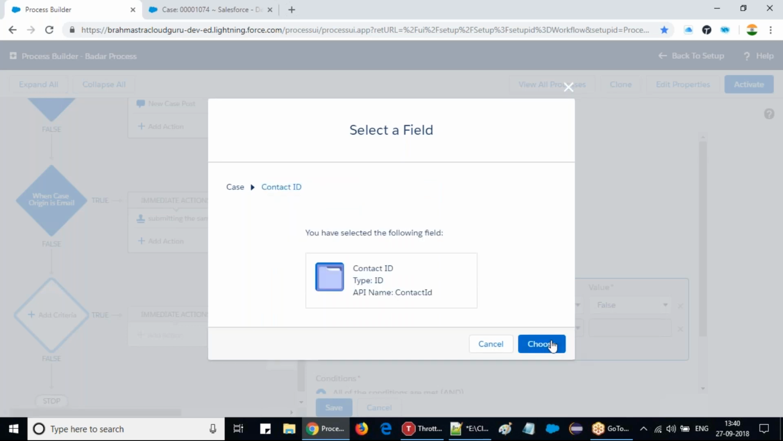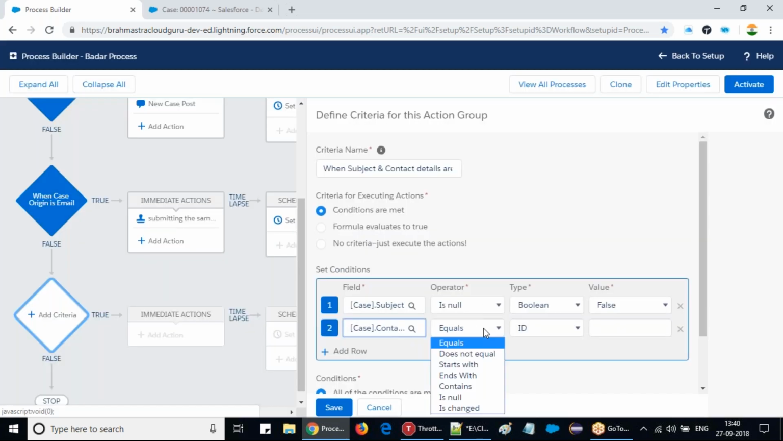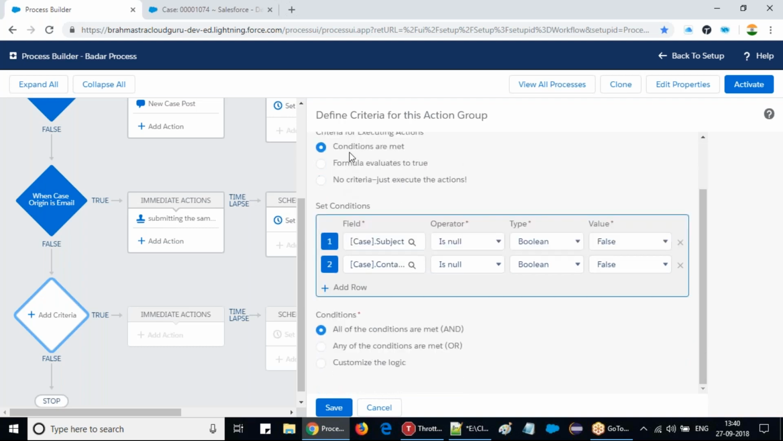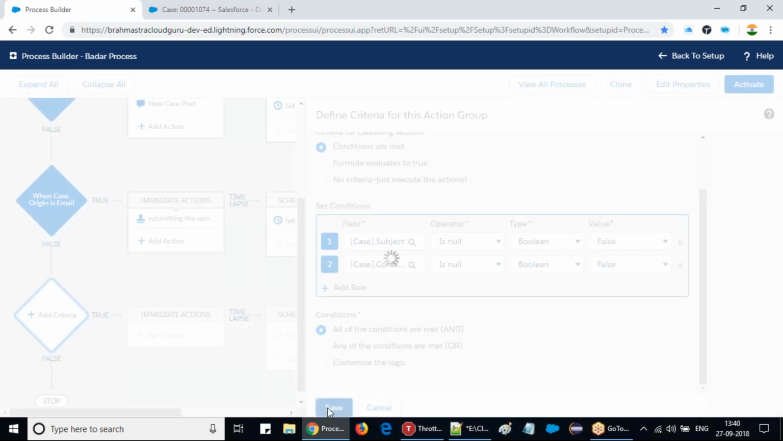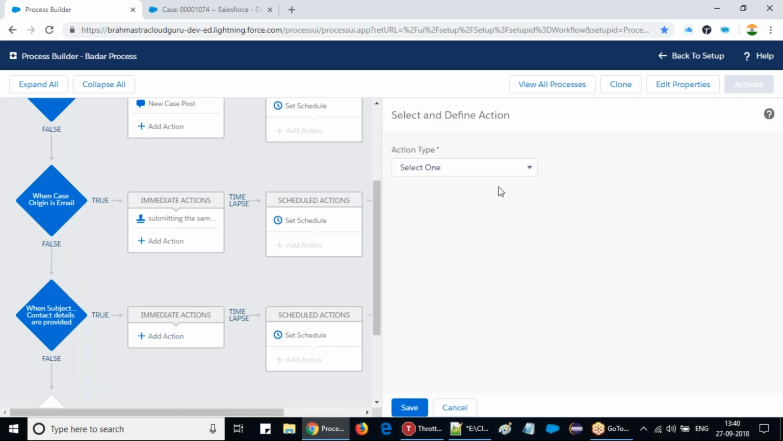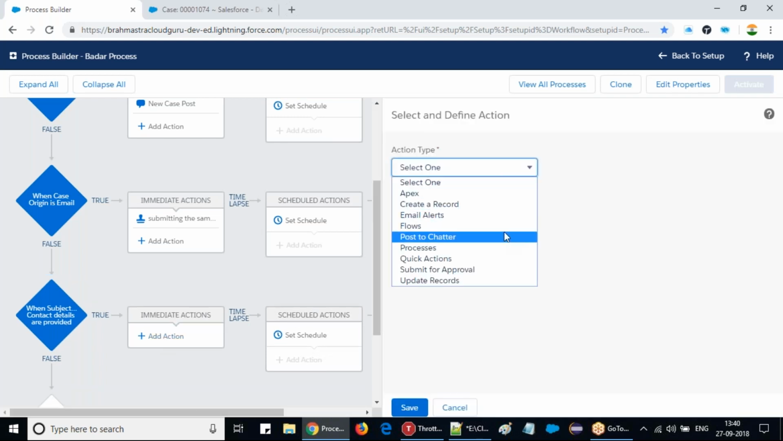Here it is, contact ID. So when contact ID is also provided, if both are provided, both should be met. Okay, both should be met. When both are met, then immediately create a record